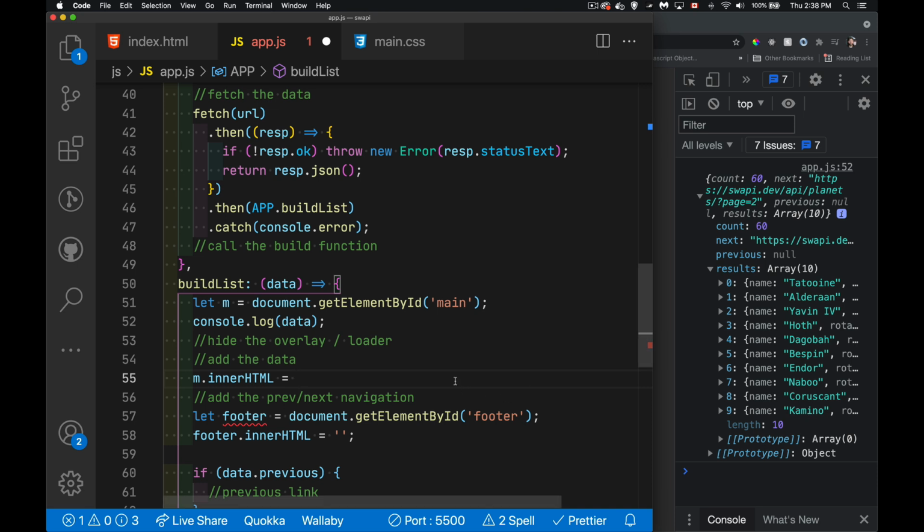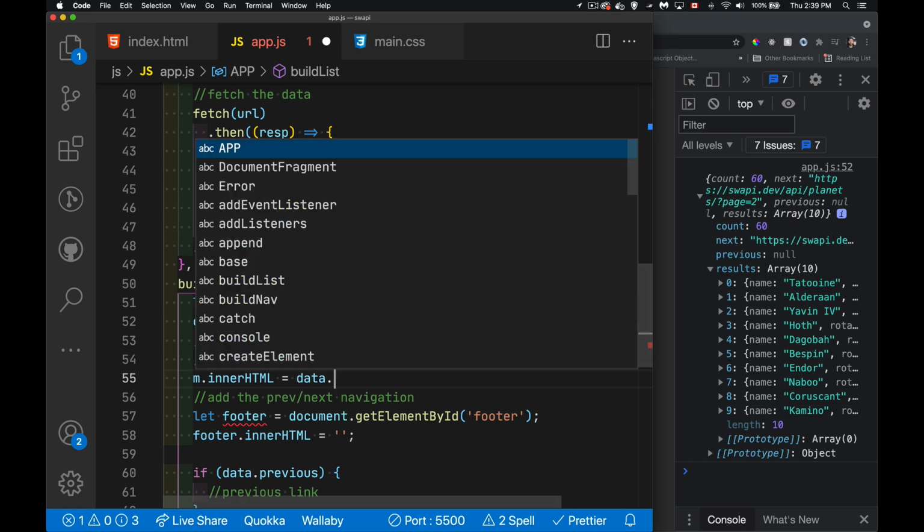Best way to work with an array is one of the array methods like map, forEach, filter, reduce. We've got those great array methods. We're going to use map because that's going to return to us an array of something else. We can generate an array of HTML. So I'm going to say that I want to do my data, which is this whole thing, data.results. And that's the array that I'm going to loop through. So data.results